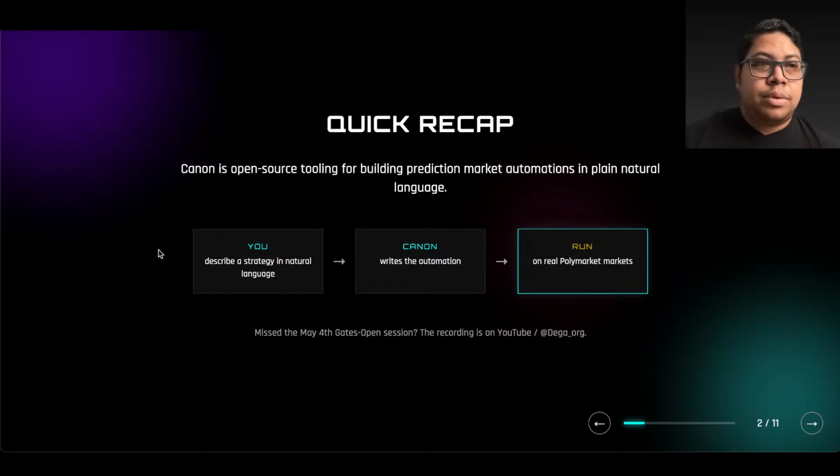We don't have to be in full knowledge of code or coding in order to use Canon. If you have a notion of how coding works, that's great. That's going to be an improvement, but it's not fully necessary because you have the agent, which is going to be taking control of the details,